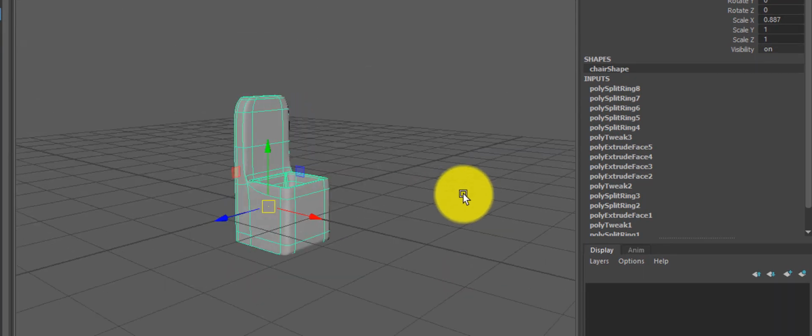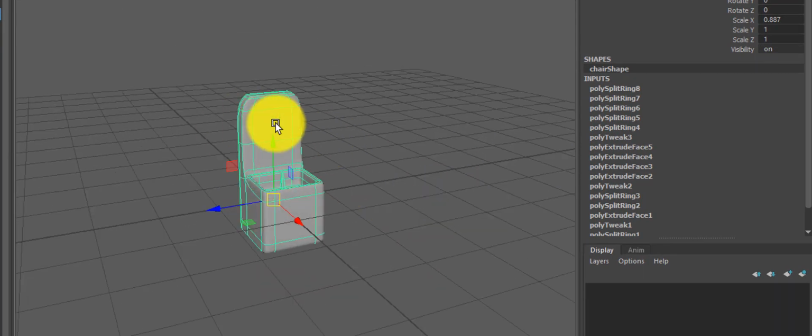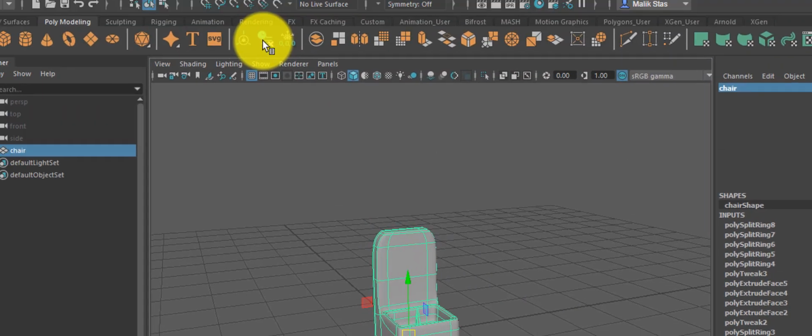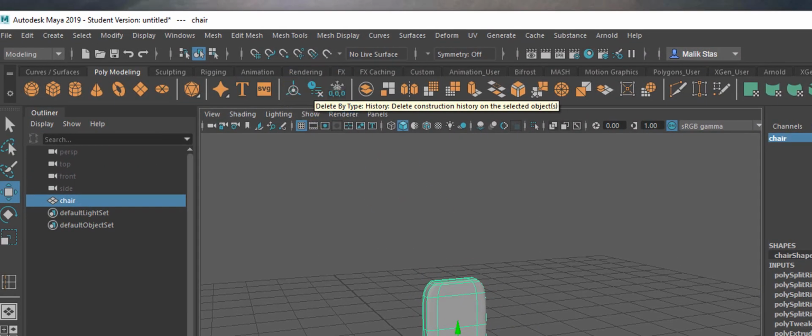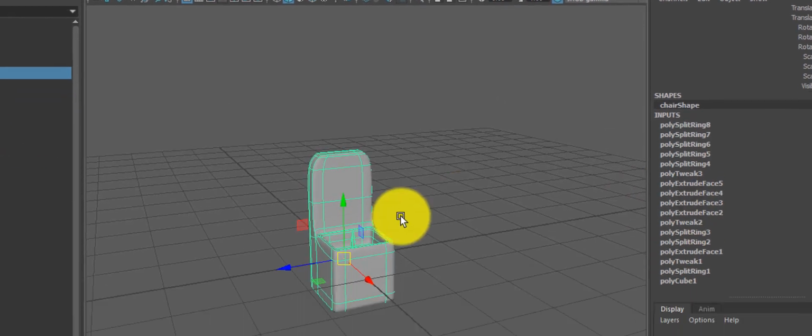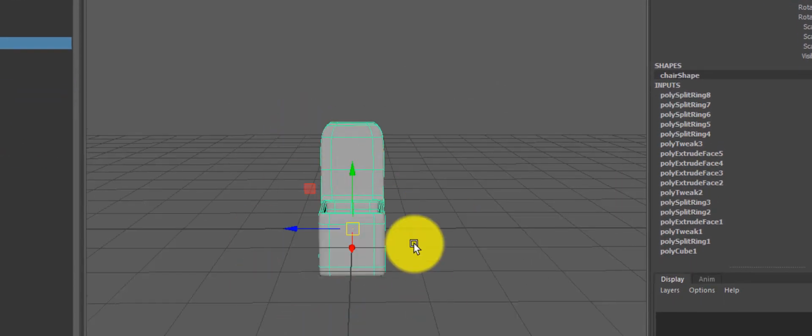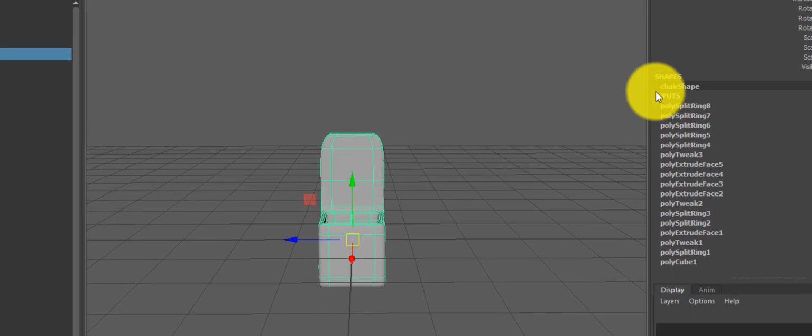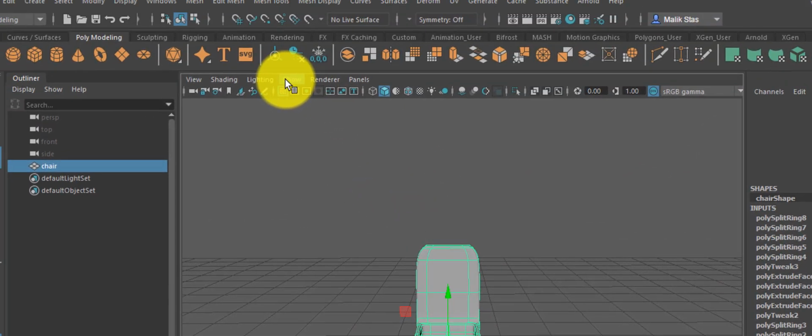So what I'm going to do is I'm going to select this chair. And the first thing actually I want to do, I want to go up here to delete by history. Right now it has all of this history connected to it, all these things connected to it. And before I start animating, I really don't want all those things connected to it. So I'm going to select the object. I can go here to delete by history. And if you don't see it there, then what you could do is you can go to edit,